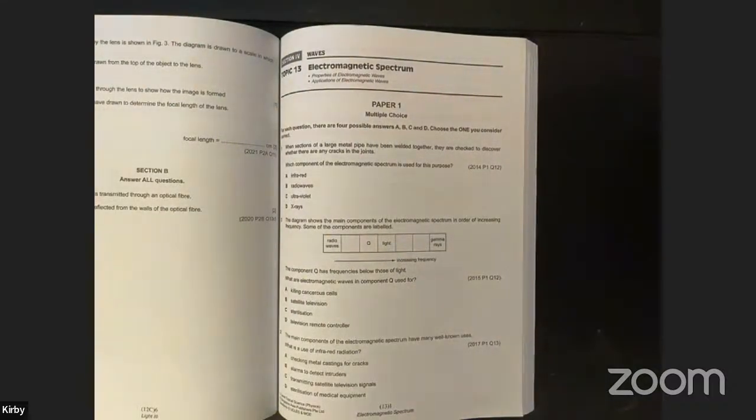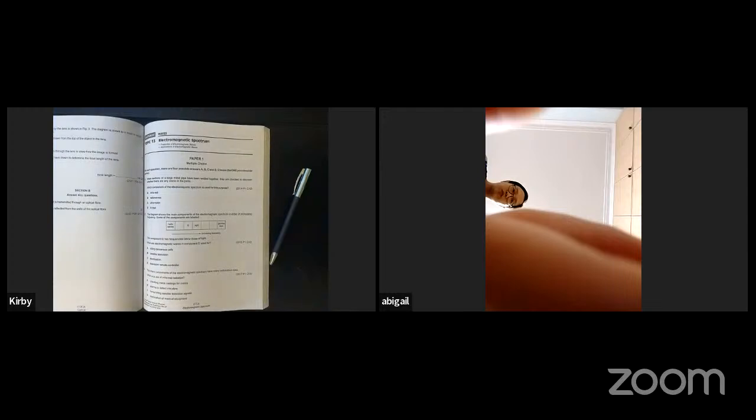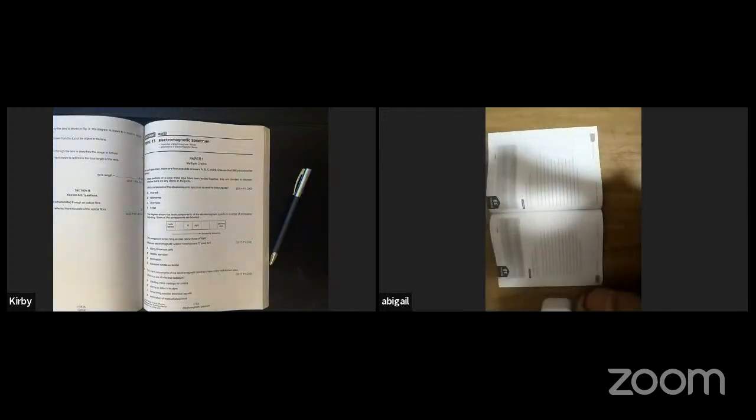Is that what we want to do here? The physics one? Okay, cool. I'll follow you. Your Jamboard is almost full, so you might want to... Oh no, it's fine. Okay, on your Jamboard, Kirby. That's the last thing that you have to do. I still have to tell you to go into Jamboard.